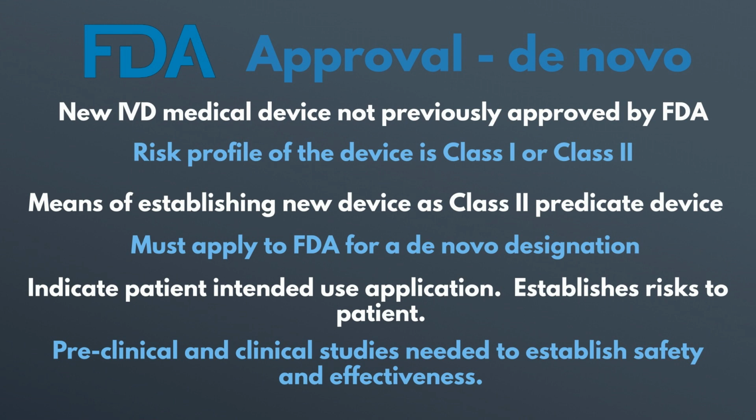Class 2 or medium risk devices that could be Class 2, but where there's no predicate, need to go through a de novo process. And that means that you need to demonstrate the safety and efficacy of the device, but it's considered to be moderate risk, so that there's less safety and efficacy that may be required